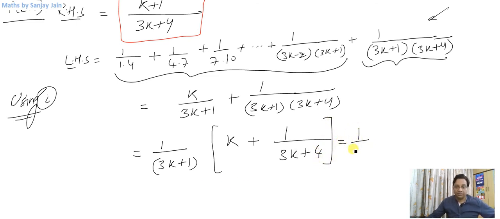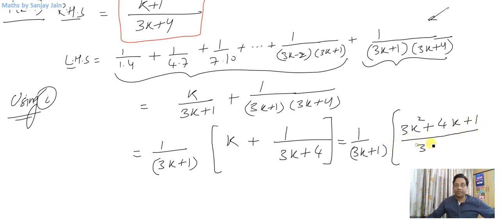Now comes the simplification part. So it will give me 3k squared plus 4k plus 1 divided by 3k plus 4. And you already know what will be the factors of this quadratic polynomial in the numerator. One of the factors will be this k plus 1, another factor will be 3k plus 1. Why? Because this is something that we don't need, so that factor will cancel it out, and this is something that we need, k plus 1, so it will be there till the end.